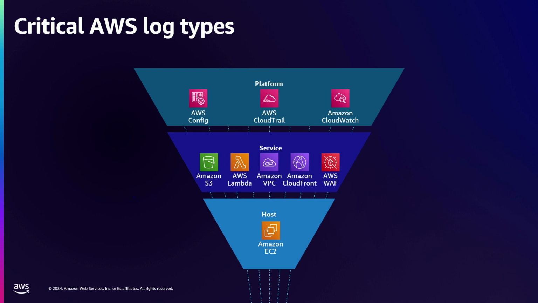activities. And then finally, we have host-based logs. Collecting host-based logs from EC2 instances provides insights into application-level activity, system performance, and security events. These logs help identify issues, troubleshoot errors, and monitor for unauthorized access, as well as maintain compliance, ensuring the security and operational efficiency of your AWS environment. So it's important to follow a trend of starting broad and drilling down into specific services and systems where activity